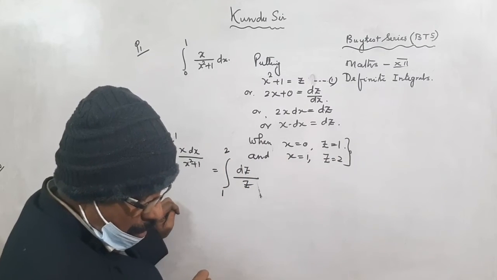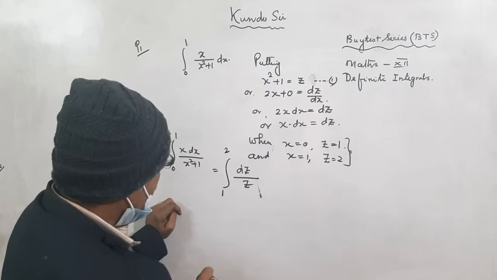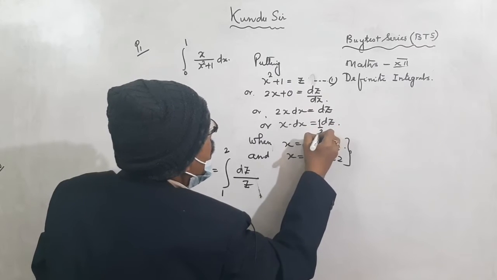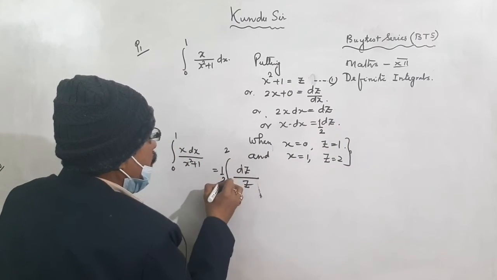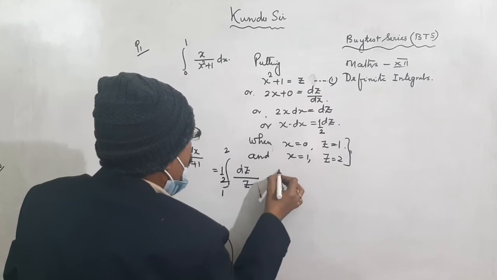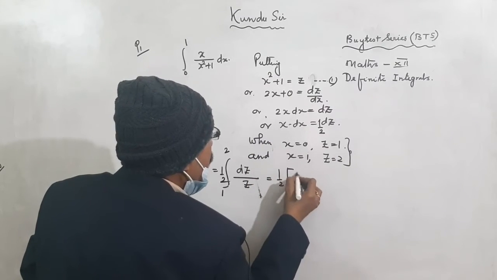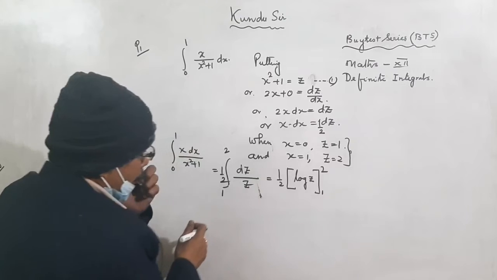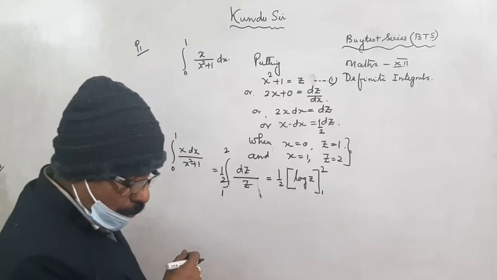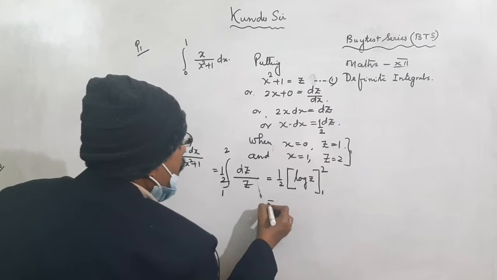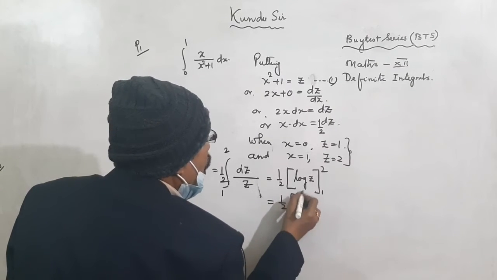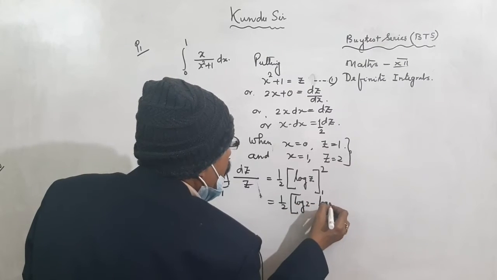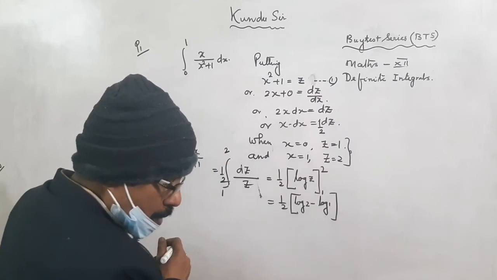That is half into the integral of dz upon z, which is equal to half log z with limit 1 to 2. Now putting the limits, we are getting half of log 2 minus log 1. So half log 1 equal